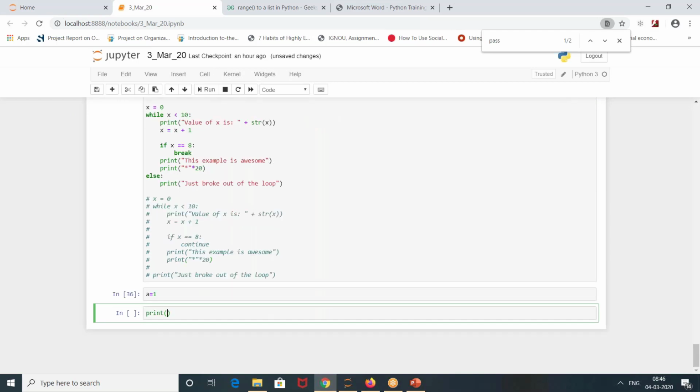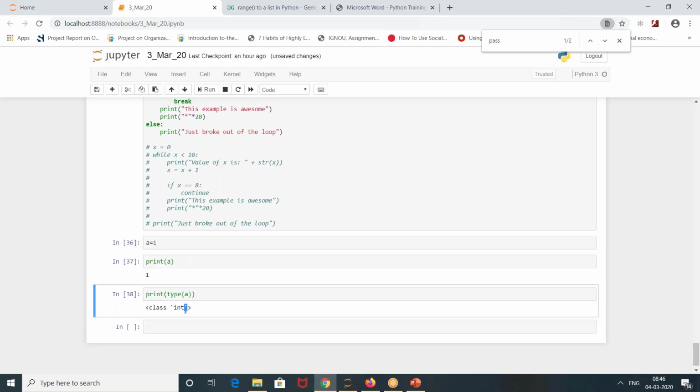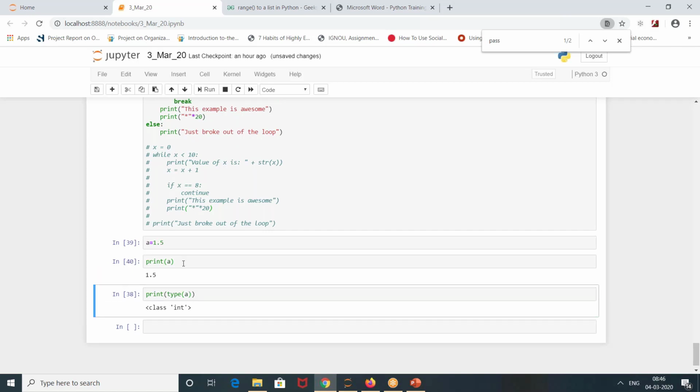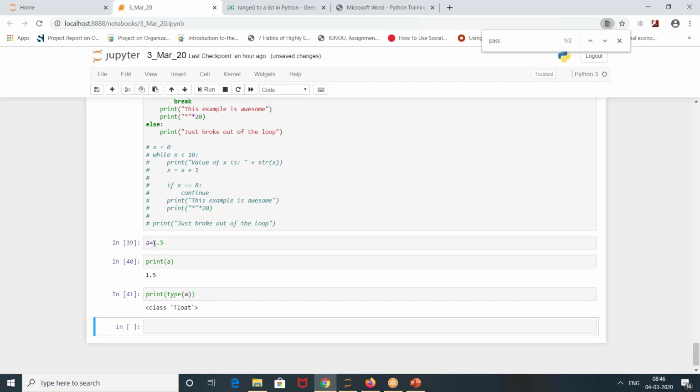That's it. It will automatically understand that A is 1 and the type of A is class integer. If you write A is equal to 1.5, it is a float. If you write anything like Sachin Tendulkar,